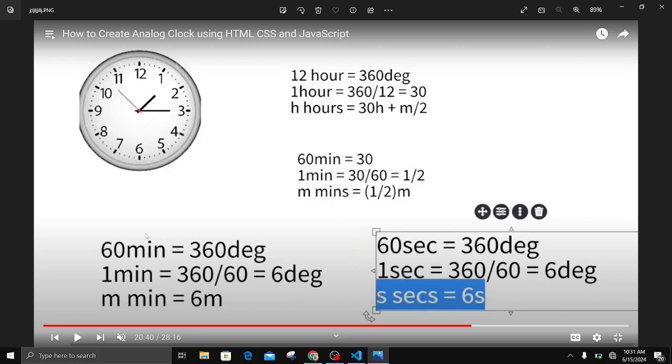Now for the seconds, we only have seconds rotating the whole clock 360 degrees. So for one tick, how many degrees does it take? That's 6 degrees. Now we are going to make a relationship between the hours and the minutes, so that the hours keep moving as the minutes